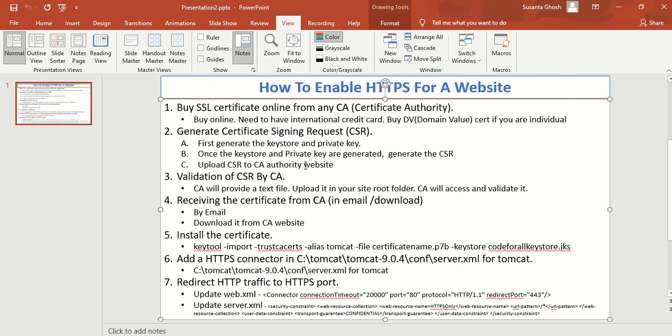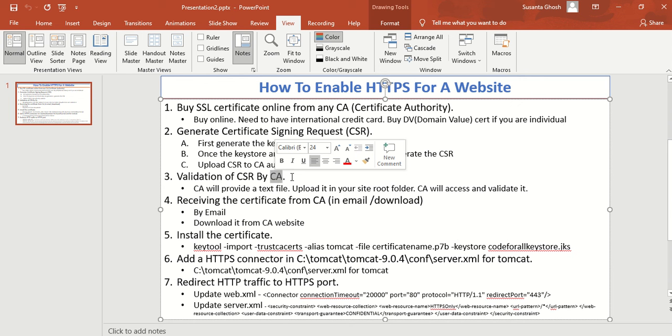So once you upload the CSR, the certification authority will validate the CSR. How do they validate it? They will give you a text file. They will send you a text file in your email, or you need to download a text file from the CA website.